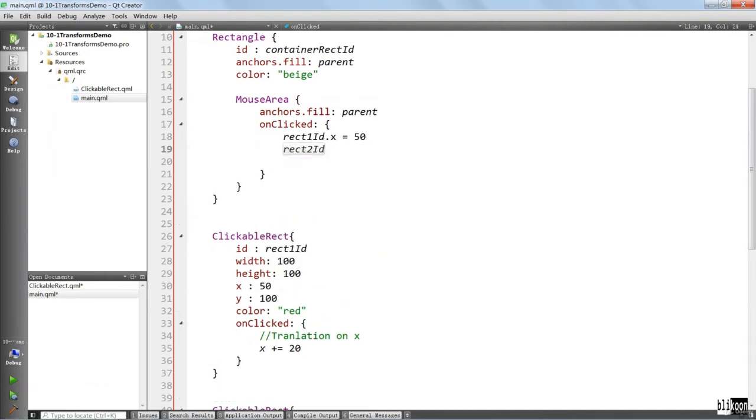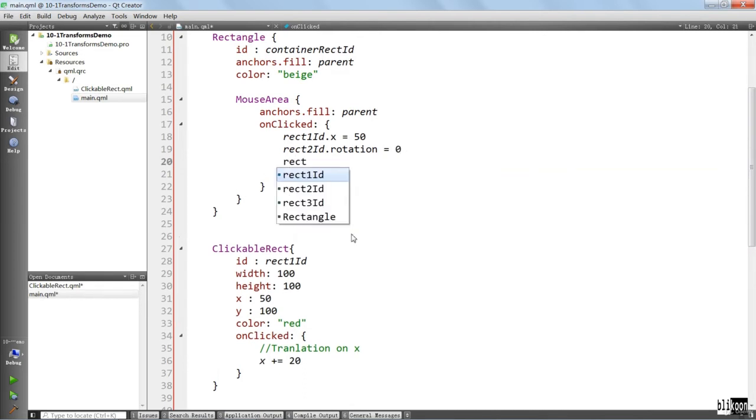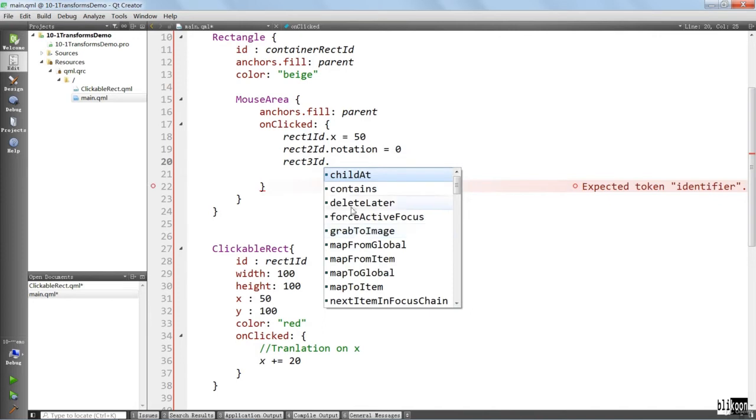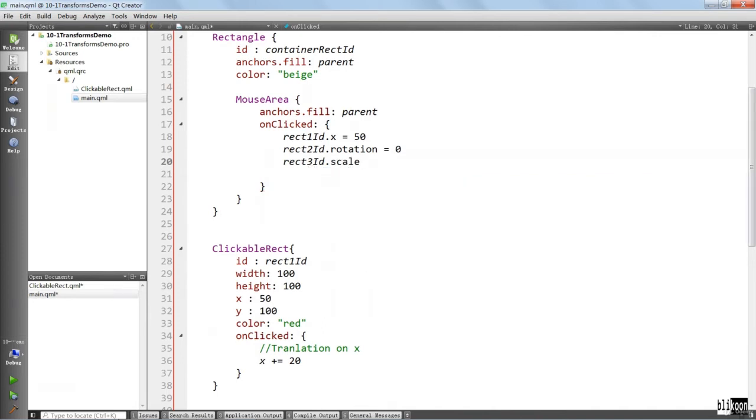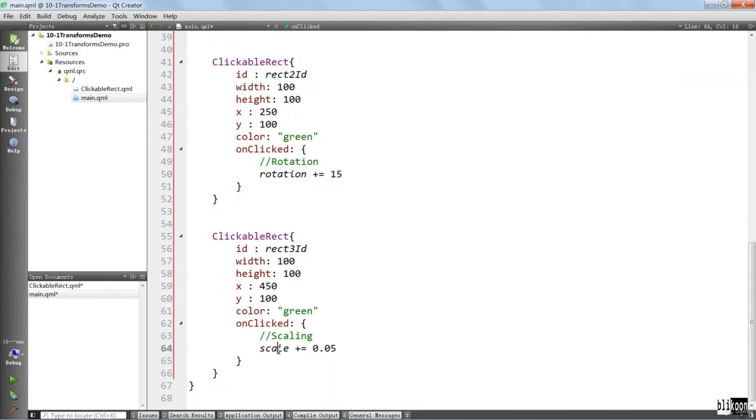Rect2 id rotation. The rotation should go back to 0. So we're going to say rotation equals 0. Rect3 id is going to go back to the scale of 1, because this is the default scale of our component. And these properties, rotation and scale, I don't think we talked about them before, but you can find them